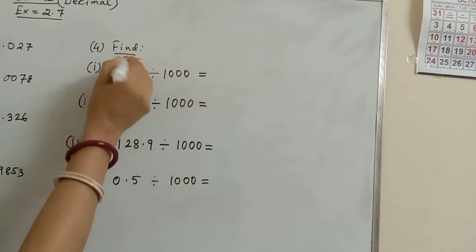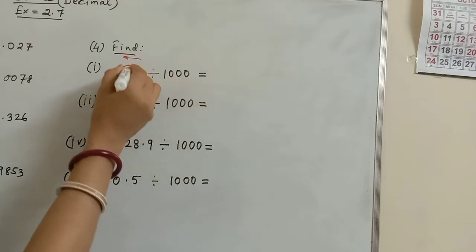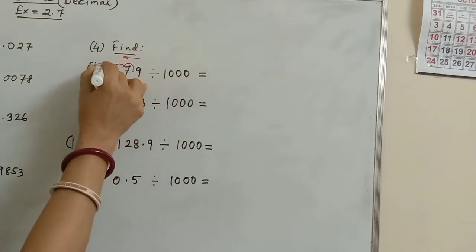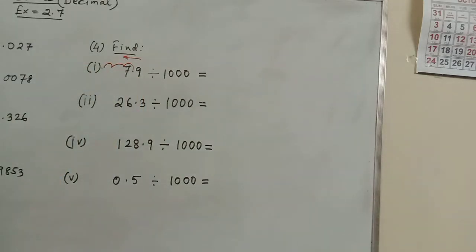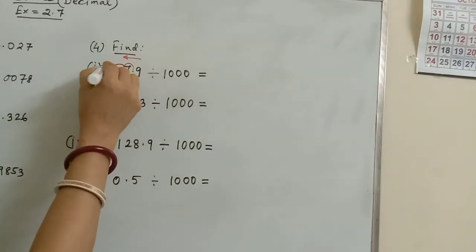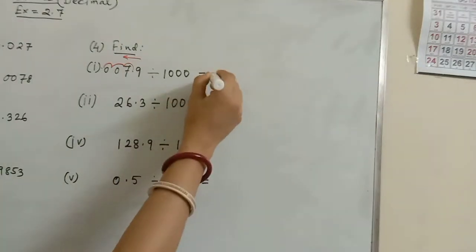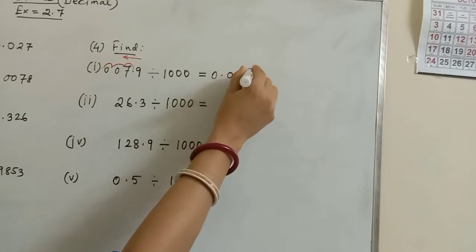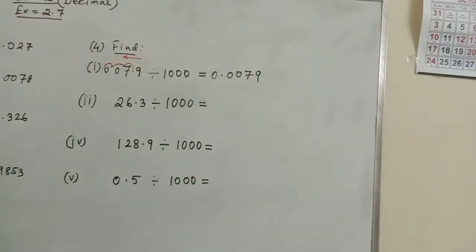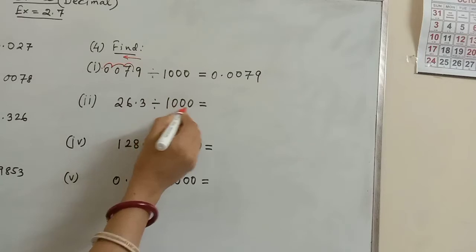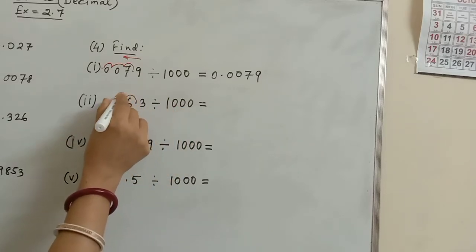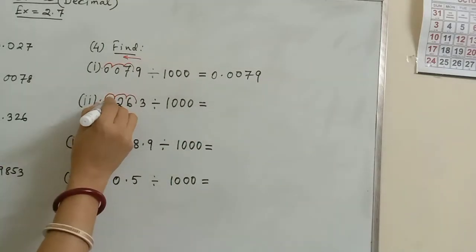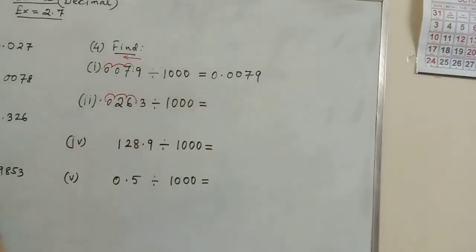The same way, when you are dividing by 1000, the point will move left side 3 places. It will move left side as you are dividing it. So how many places? 1, 2, 3. The point will come here. So these places will be filled up by 0. So the result will be 0.0079. Here also the same condition, 1000. So 3 places of decimal, 1, 2, 3. The point will come here. This place you have to fill by 0. Then it will become